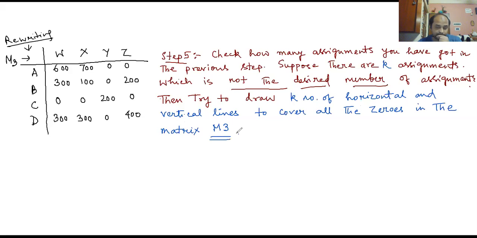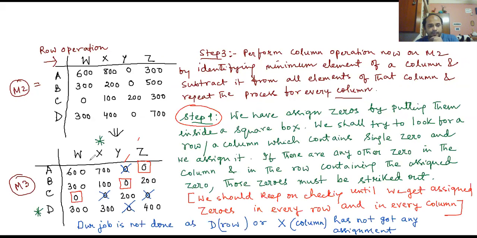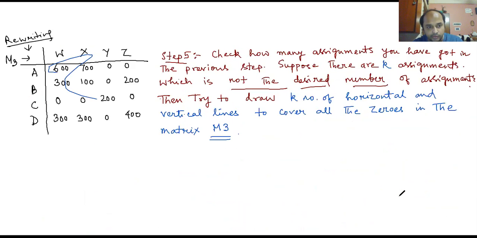What is this particular step saying? The step is saying that I have to check how many assignments I have got in the previous step. My desired number of assignments is 4 because there are 4 jobs and 4 workers. But the total number of assignments I have got is 3, and 3 is less than 4. So what I'm going to do,